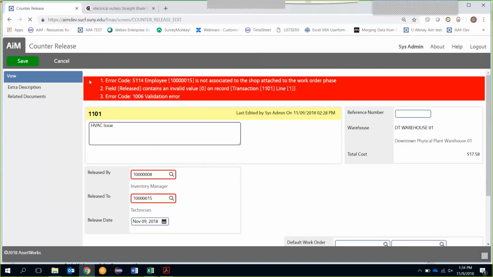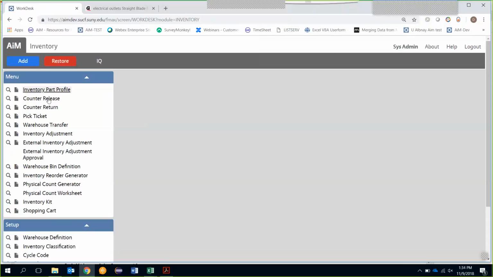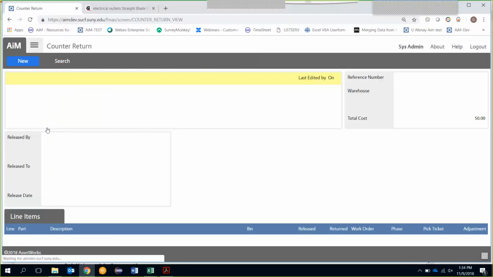But that would be the process. Next, you have a counter return. So say that technician got 2 things of adhesive and 1 can of cement, and he only uses 1 tube of adhesive. He's got an extra tube left, or she. They can bring that back to the warehouse, and they can do a counter return, in which they'll pull up